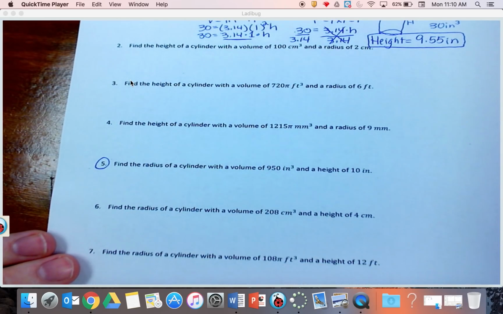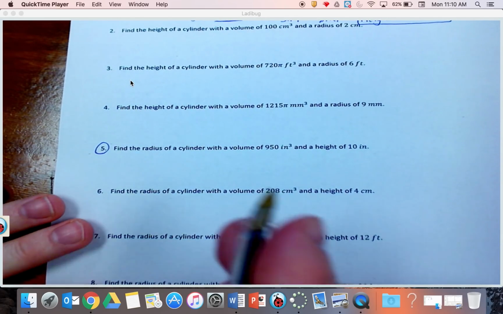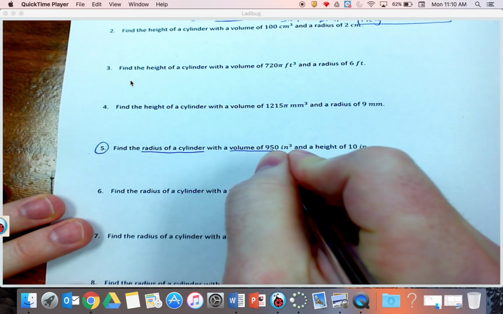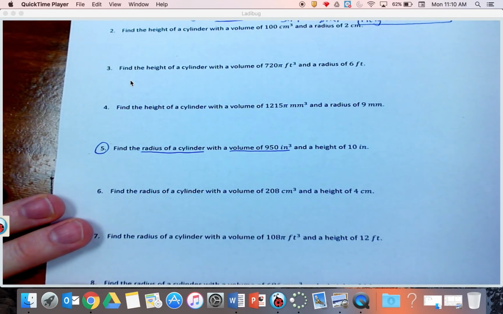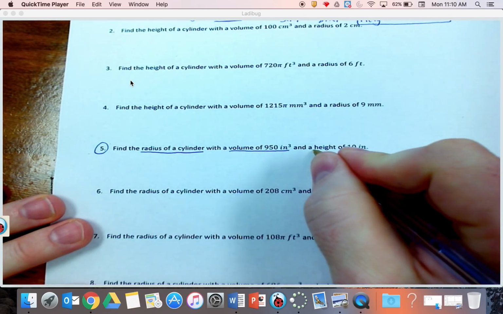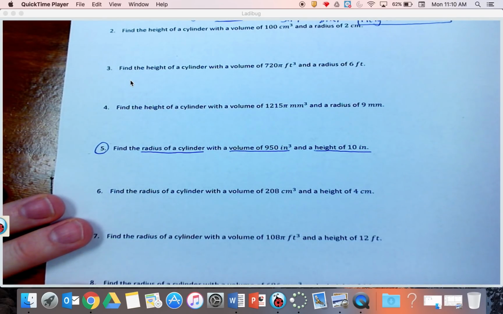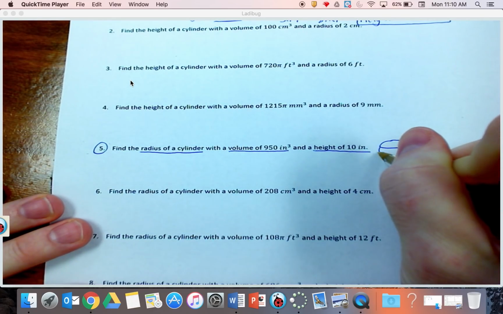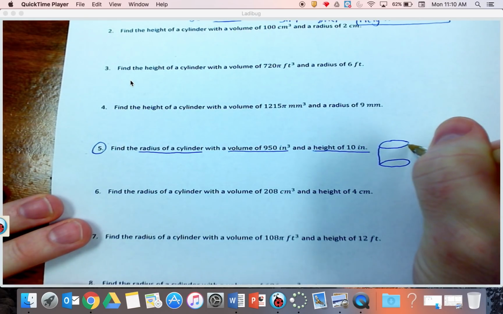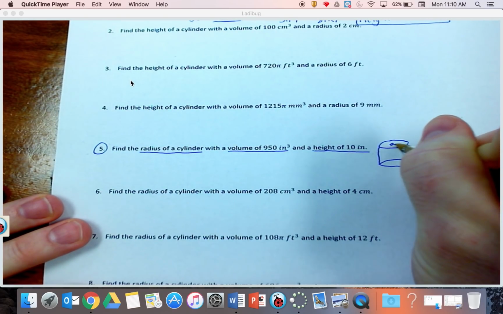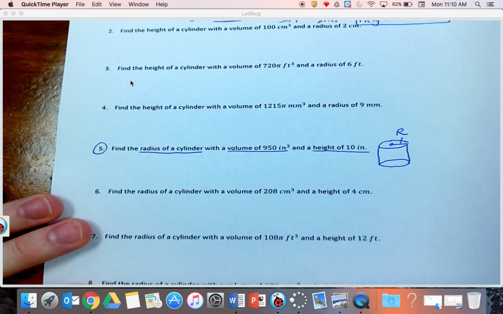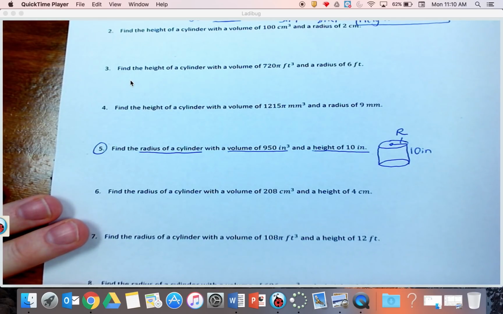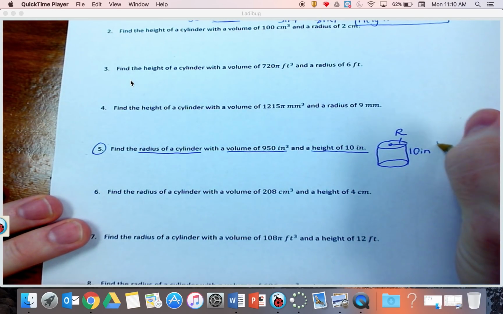Okay, my second example here is a little bit different. This one's asking us to find the radius of a cylinder, which has a volume of 950 inches cubed, and it has a height of 10 inches. What would be my radius? So basically what I have here is my picture. If I need to draw it out again, there's my cylinder. I don't know what my radius is. My height is 10 inches, so it's 10 inches tall or 10 inches long,